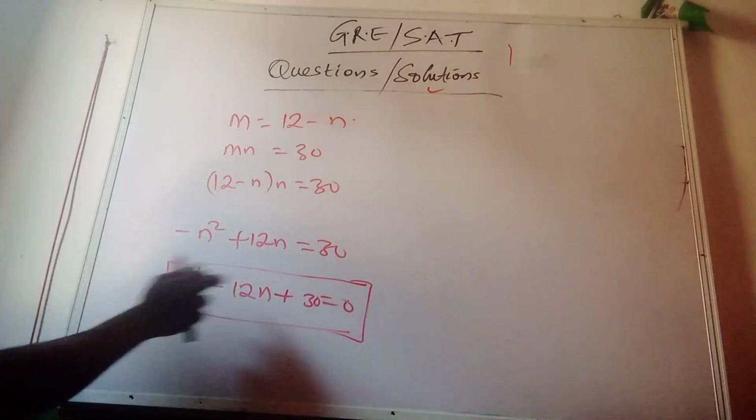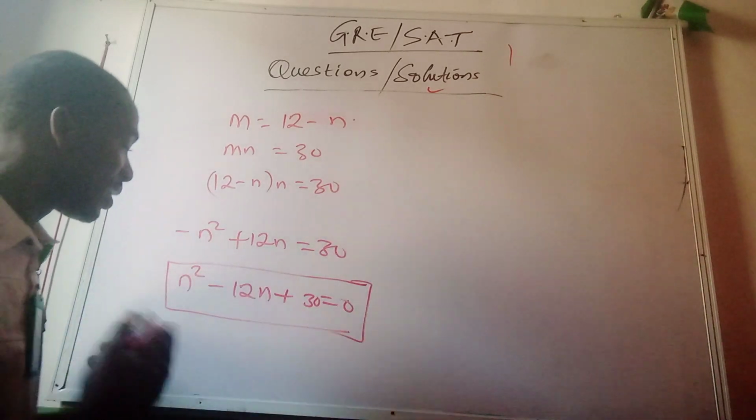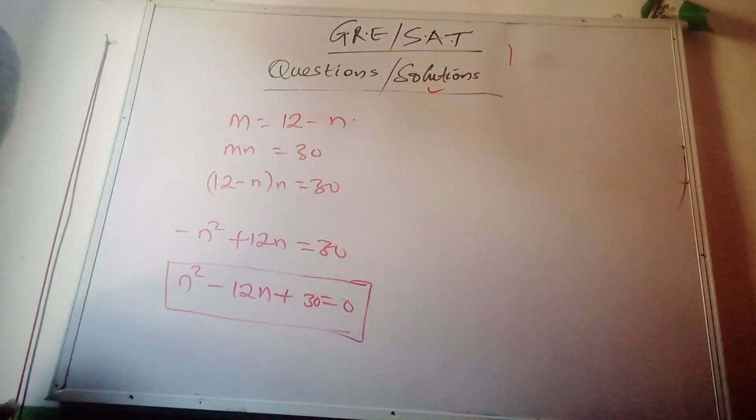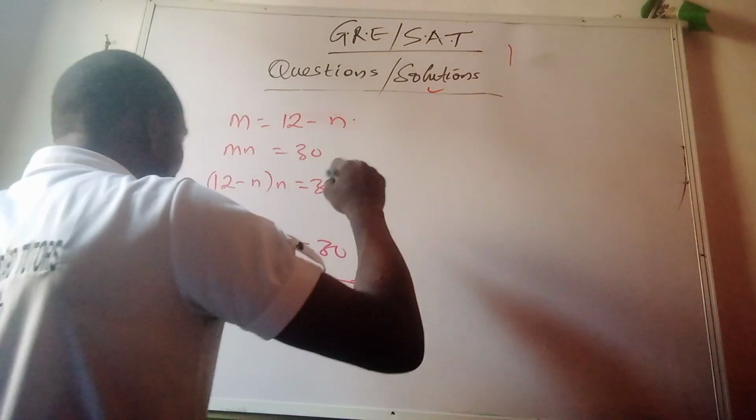Now we have this. Let's multiply this and see whether we have the factors of 12 that, when we add together, will give us minus 12. We have 6 and 5, it won't give us that. So let us use the formula method directly, and the formula method says